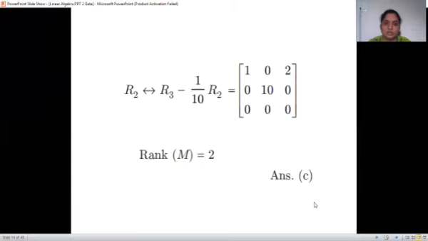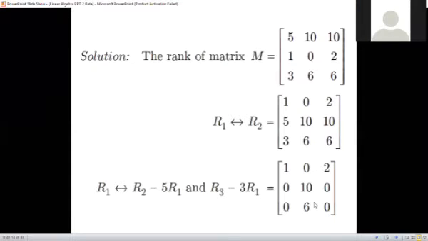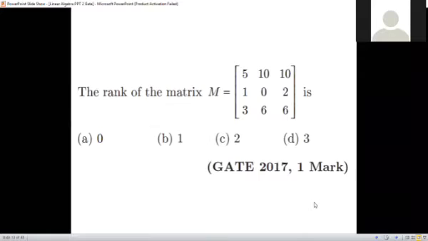Here we can use one of the tricks: if you find the determinant value and it's 0, then we have to reduce the rank by 1 and then again find the minor. According to that, we can also find the rank. Okay, whatever tricks you have you can apply, but if we don't remember any trick, then just go with what we know, that is how to find the rank by reducing it to row echelon form, right? Whatever you are saying is also correct. Just find the determinant and then minor rank.